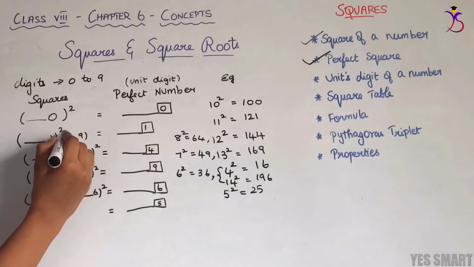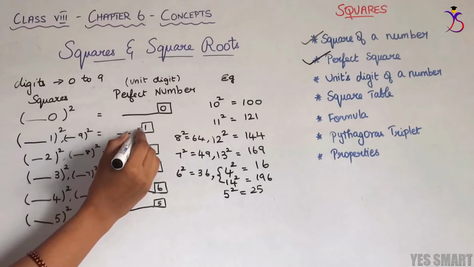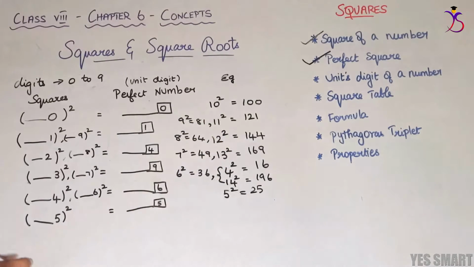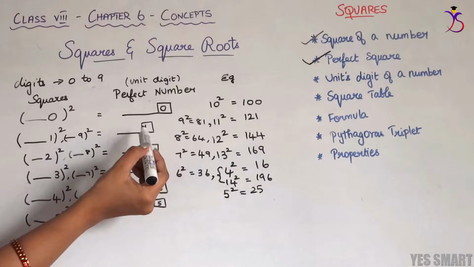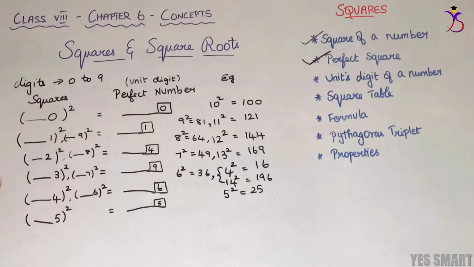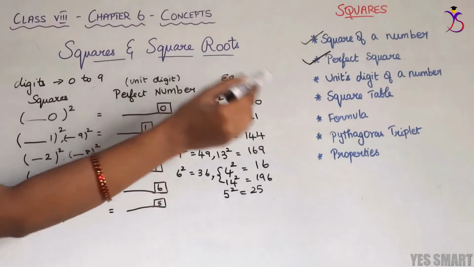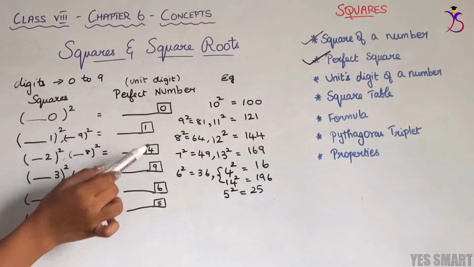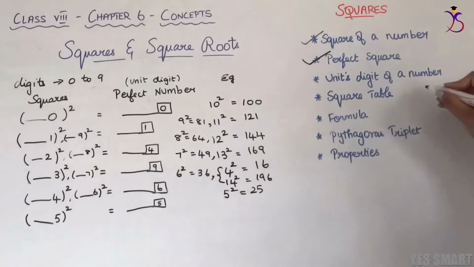In the same way, the last digit, 9. Any number ending with 9, if we square it, we will have the unit digit of the answer as 1. For example, 9 square equals 81. So we have covered all the digits. Now 0, 1, 4, 9, 6, 5 are the unit digits that are possible for a perfect square number. So if the unit digit of any number is 0, 1, 4, 9, 6 or 5, then there is a possibility that it can be a perfect square number.